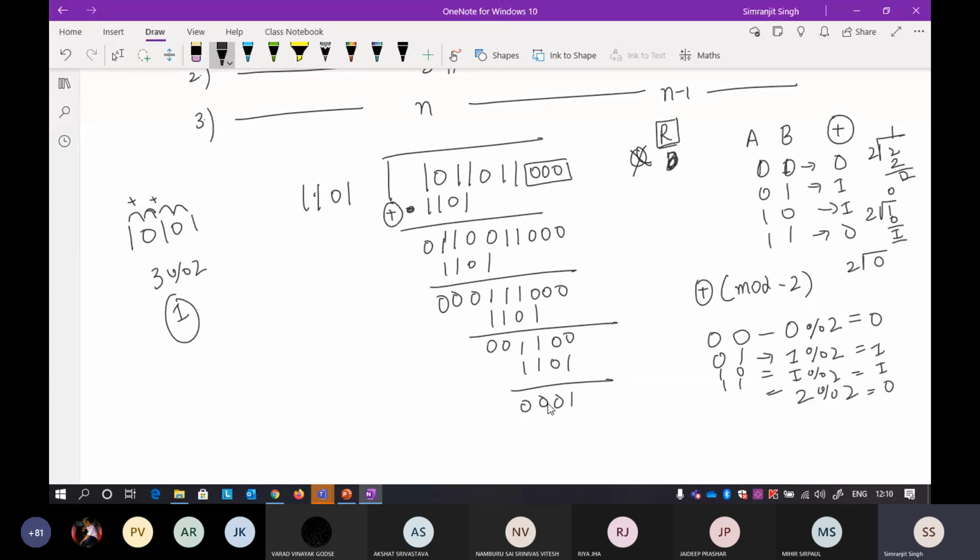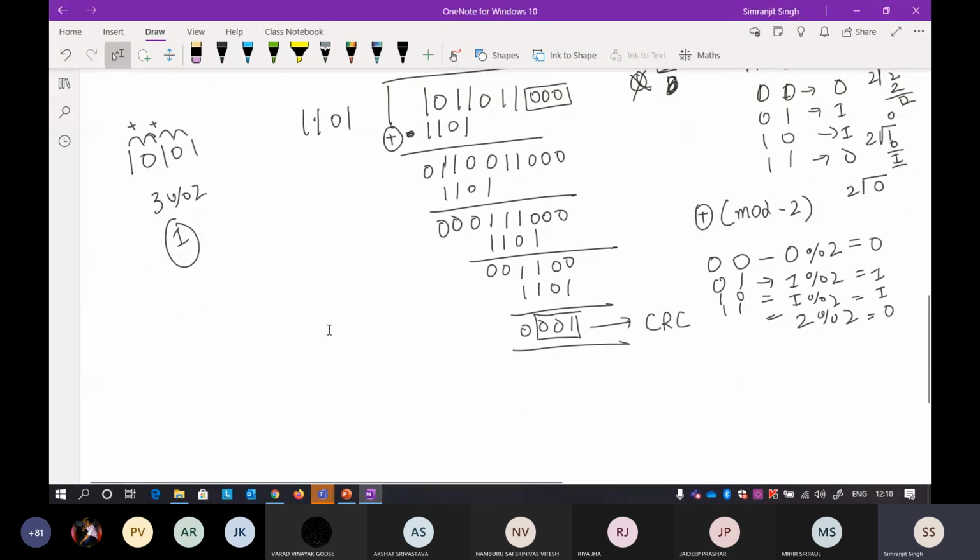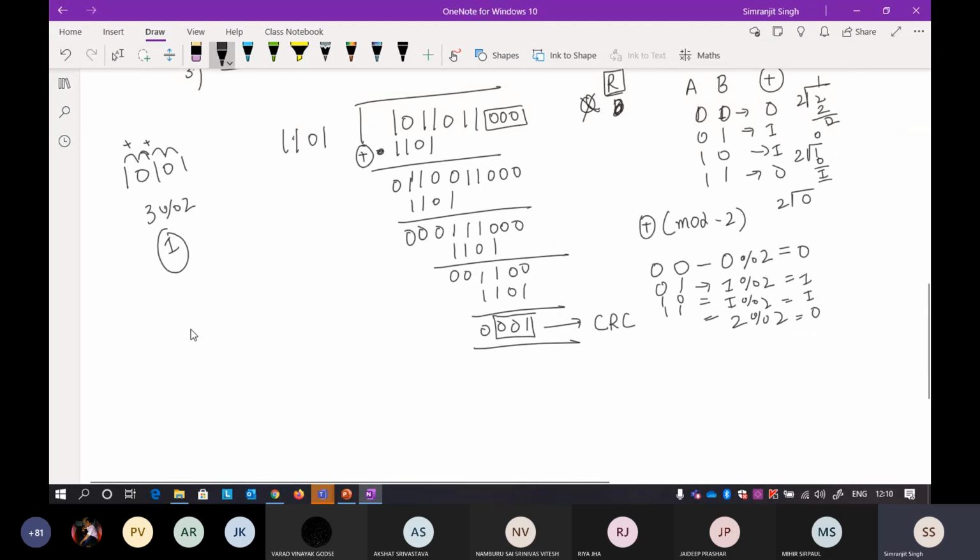Now in this, whatever you get in the end, it is not possible to write 1 1 0 1 here. What you get here, you take 3 bits out of it. From the remainder, when you take 3 bits out of it, this particular thing is referred to as your CRC. Now the second thing that is most important: the least significant 3 bits, the 3 LSBs, are your CRC.